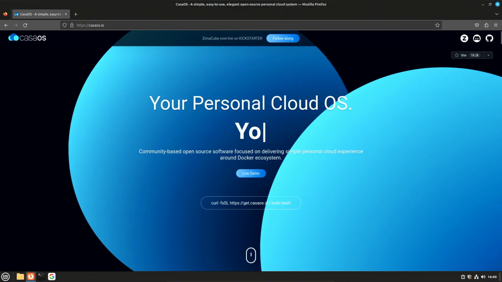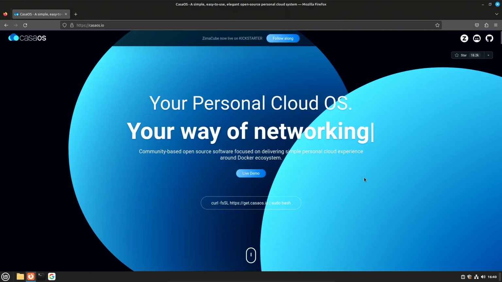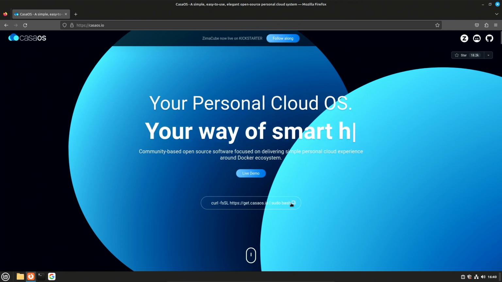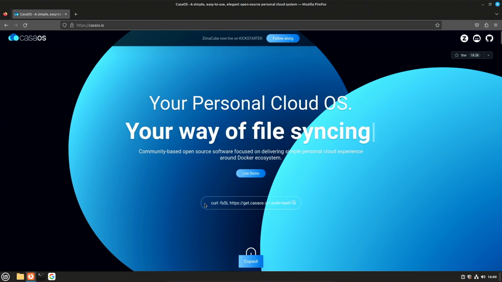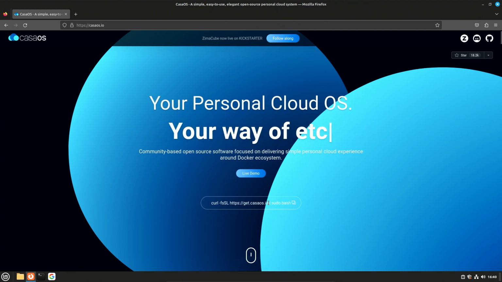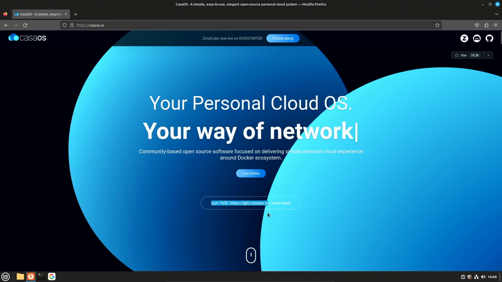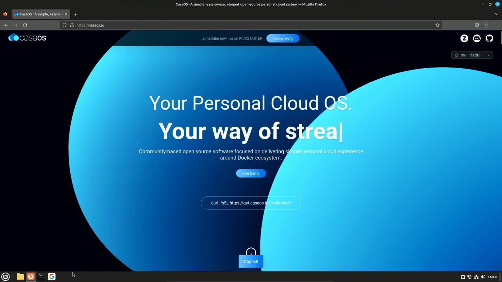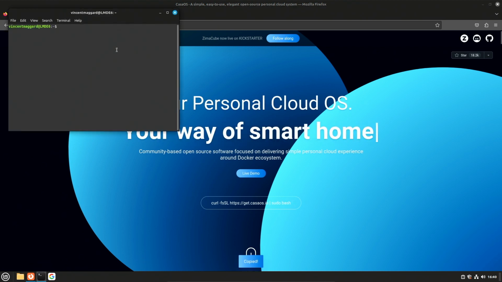Alright, so you can see this is the website for the operating system. It's open source, of course. And we're going to actually install it here. Now, installing a script like this is not necessarily the best way to do it. The best way is generally to download it and then run it in Bash from a security standpoint. But this is a virtual machine and I don't really care.